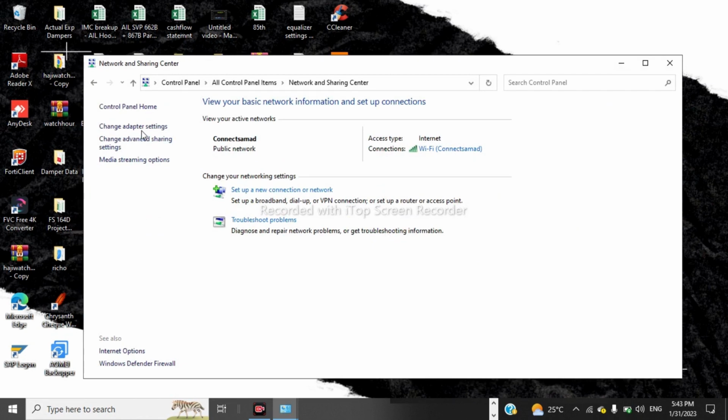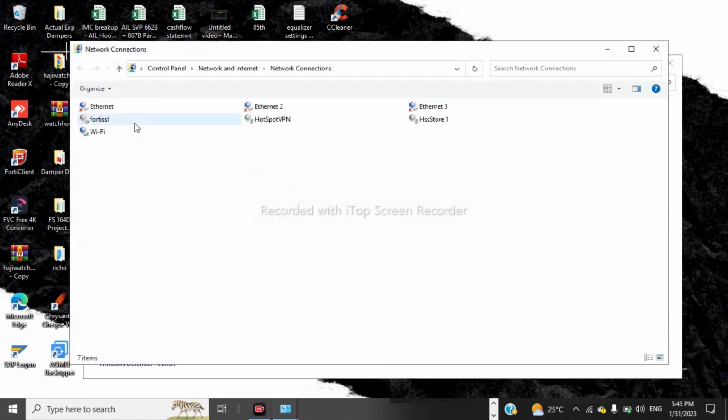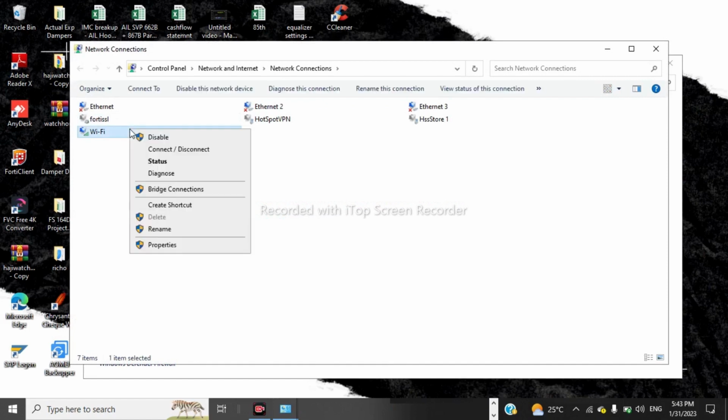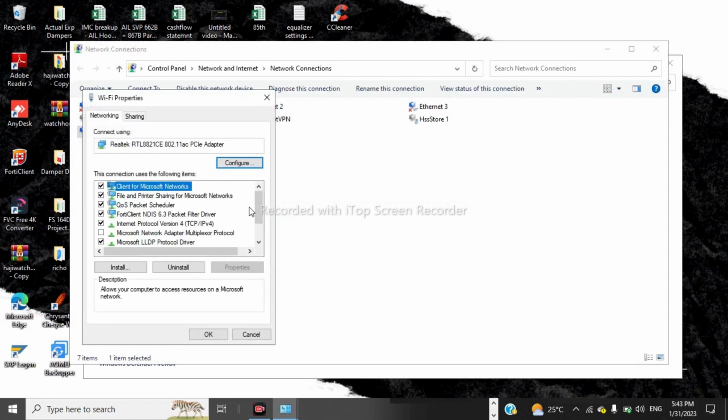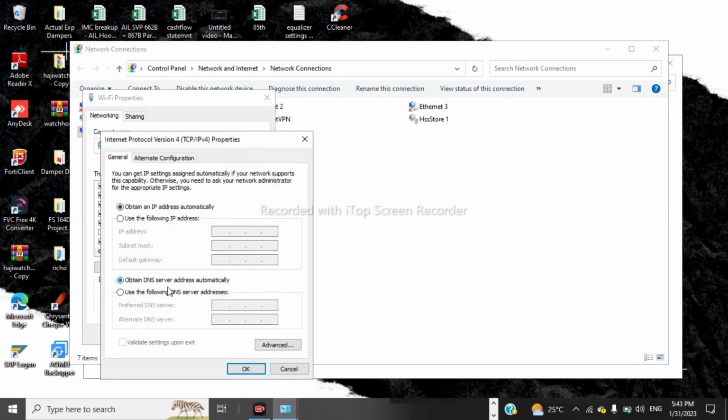After that we have to go on Change adapter settings. Now we have to click on Wi-Fi and Properties. We have to click on Internet Protocol Version 4. Now we have to click Use the following DNS server addresses. Now in here we have to click